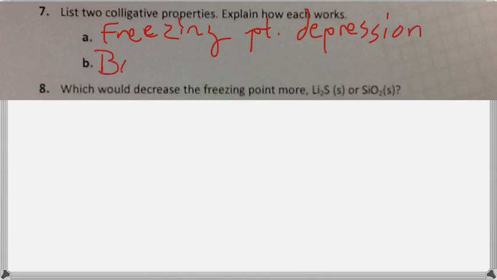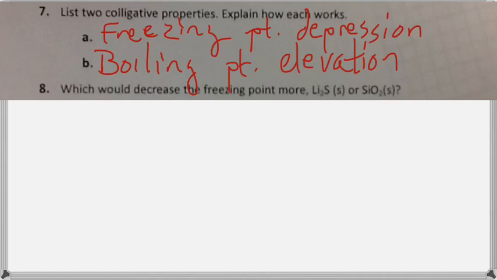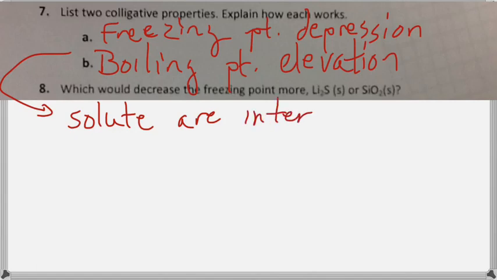The other one is boiling point elevation. In other words, it's going to raise the temperature at which boiling occurs. Now, they actually work in exactly the same way at the molecular level, meaning that in both cases, the solute particles, so the things that are dissolved in the solution, are interfering with the solvent